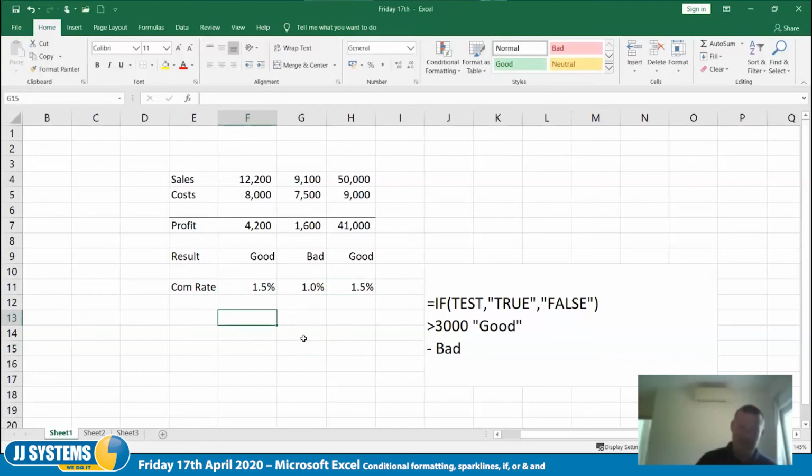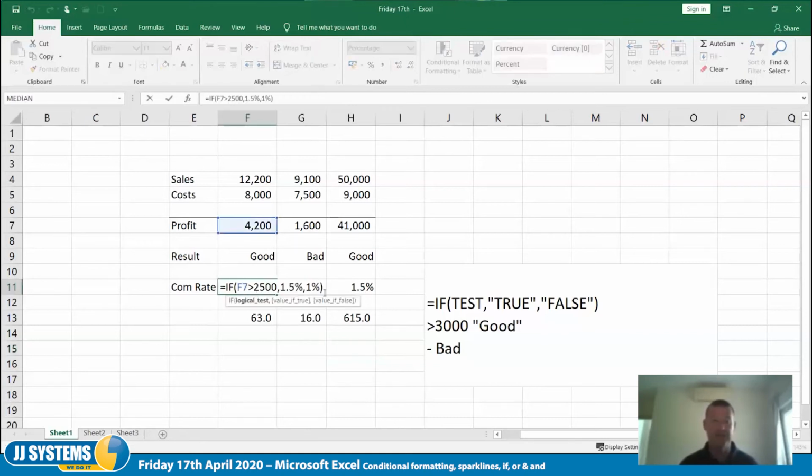Then I could do something like equals that times that, hit return, and then we can see the cheeky chappie's whopping great commission. Now, that kind of thing is pretty straightforward, but of course, you wouldn't really do it like that. It'd be much more likely that you'd put it all in one cell. So rather than having commission rate, you just add the if statement there,